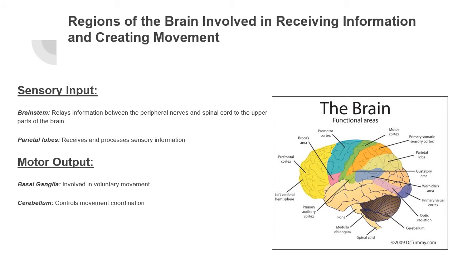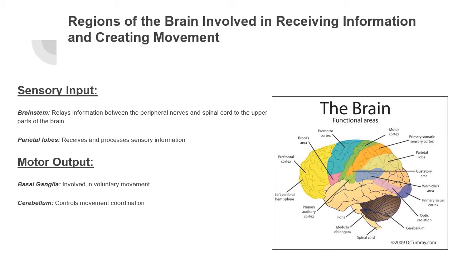Various regions of the brain are involved in receiving information and then creating movement based on that information. The brain receives sensory input and after interpreting that sensory information, then creates a motor output. Areas of the brain that are involved in sensory input are going to be the brainstem, which is important for relaying information between the peripheral nerves and the spinal cord to the upper parts of the brain, and also the parietal lobes, which is the part of the brain that receives and processes the sensory information that